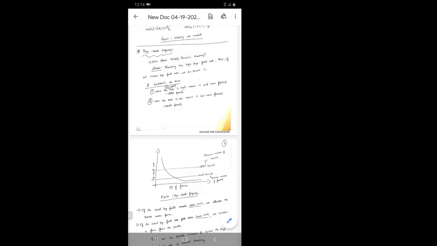When the page fault rate is high, it requires a larger number of free frames. When the page fault rate is low, it has more frames, which means it doesn't require any more frames. Upper bound means we have more page faults, so it requires additional frames to manage. When the rate is low and there is no thrashing, we have more frames and there is no additional requirement of frames. Hope you're understanding what I'm telling.